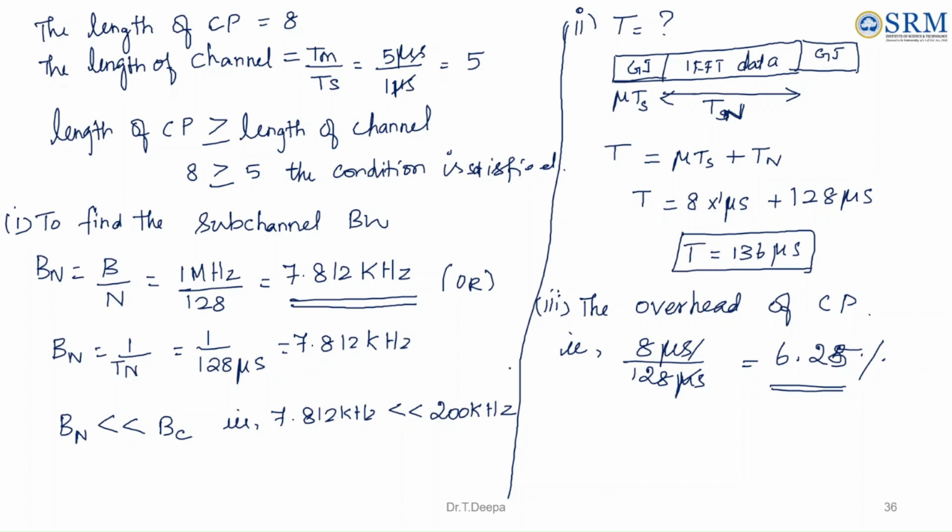Now let's see the data rate calculation. The fourth one, the data rate of the system, denoted by RB. Since 16-ary QAM modulation is used, M is 16. So 16-ary QAM in this OFDM system is 2 power 4, equal to 16. So 4 bits are required to specify one symbol. The system transmits 4 bits per subcarrier,